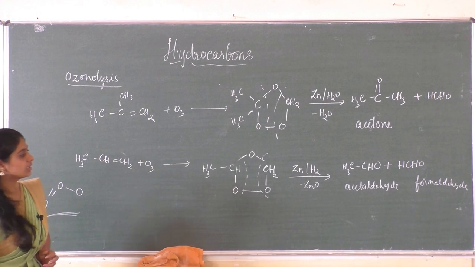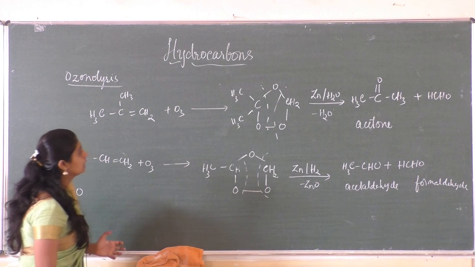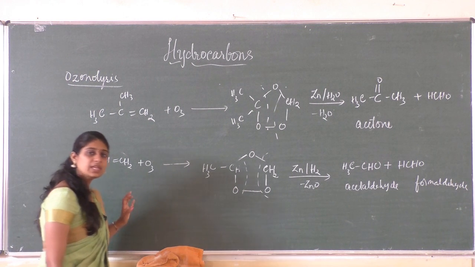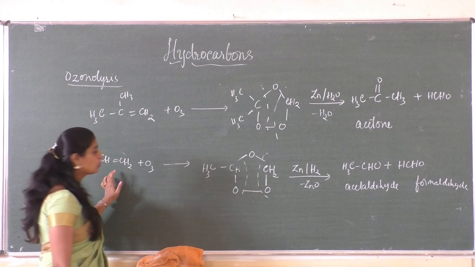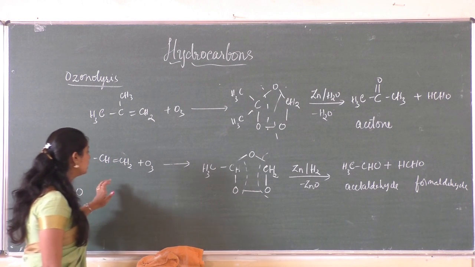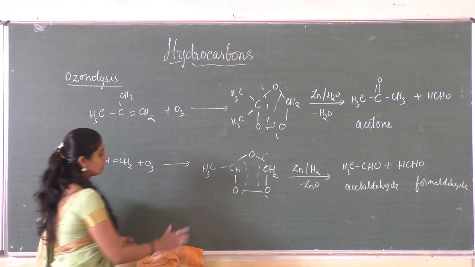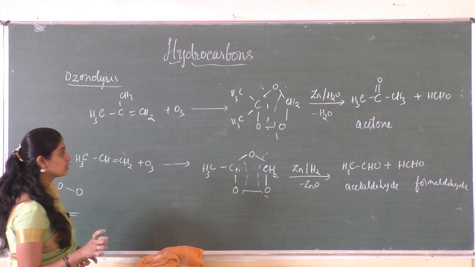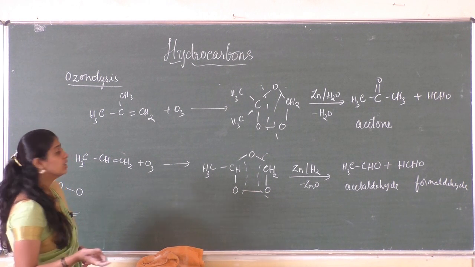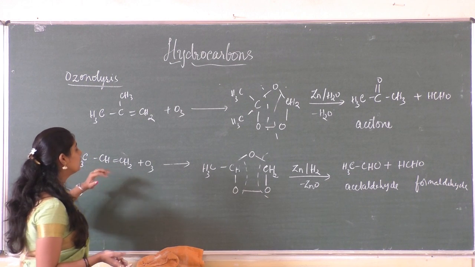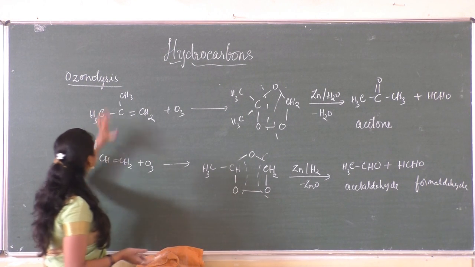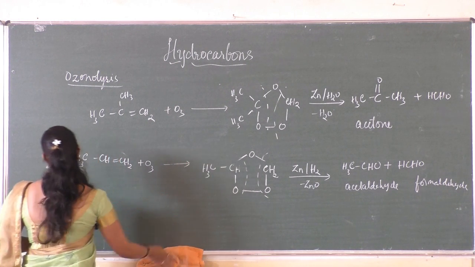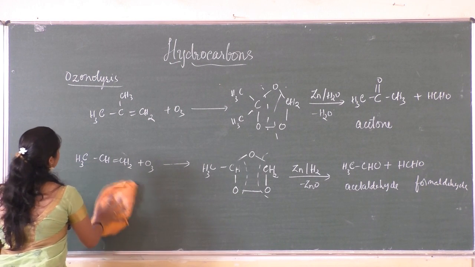So this is how aldehydes and ketones can be obtained by ozonolysis. The ozonolysis reaction is very important, so that you can detect the position of the carbon to carbon double bond in an alkene. Wherever this ozone gets added, it gets added only at the position of the carbon double bond, by which the positions of the carbon double bond can be easily identified by the process of ozonolysis. So this is an important concept. The name of this compound is ozonide, and it is highly unstable.